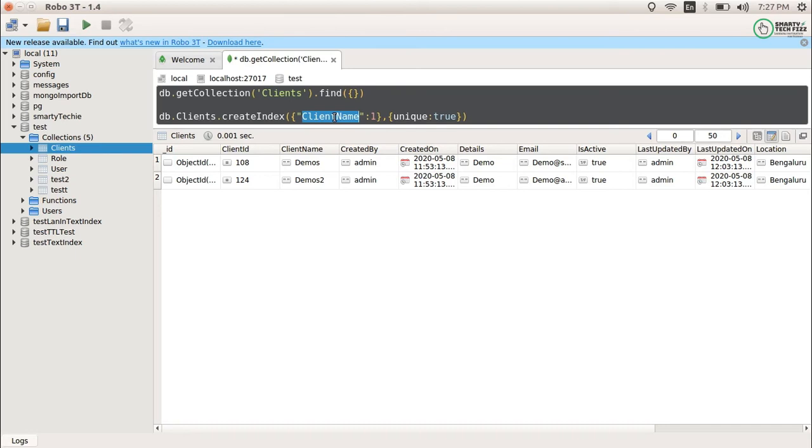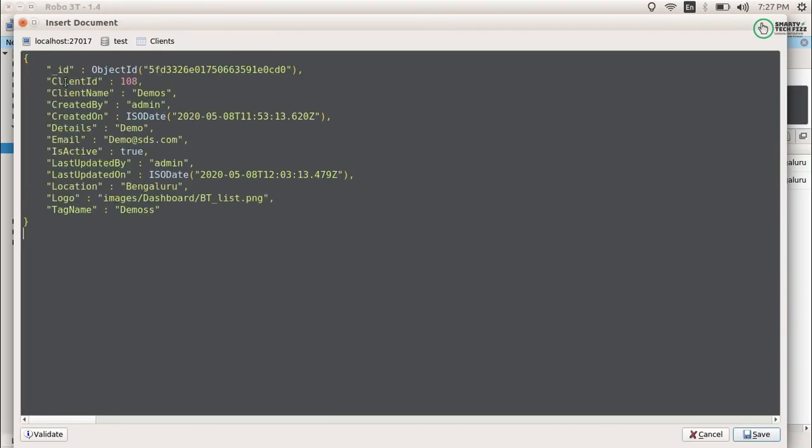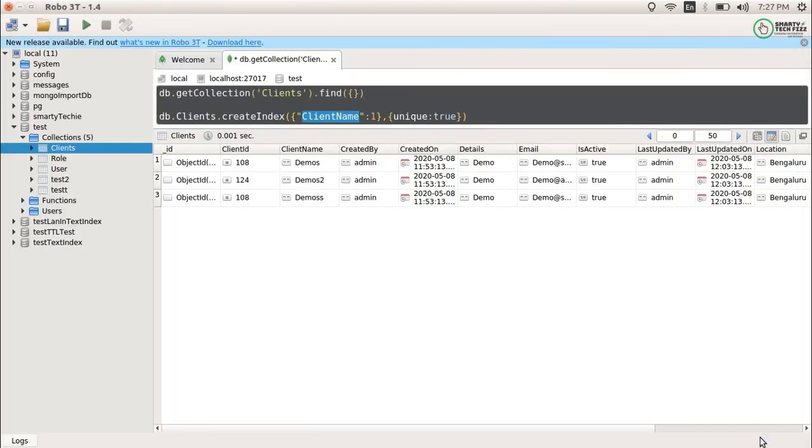What we want to do is understand the unique ability of creating an index. On the client name we have demos, that is why we already have a demos. Now while inserting the same value, it is throwing an error with a duplicate key. But if you insert a document with something else, like s, it has been inserted successfully.